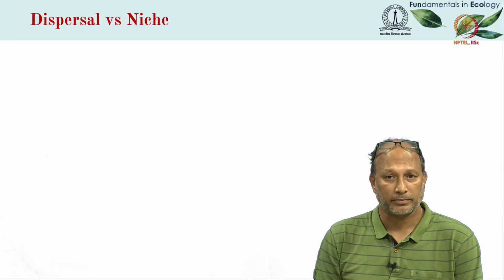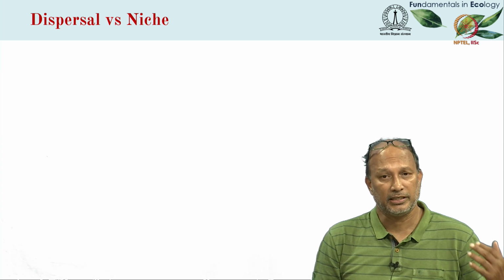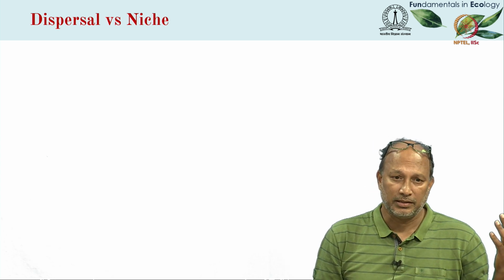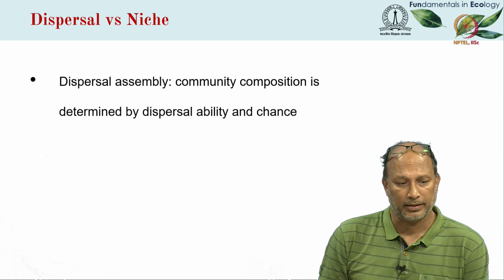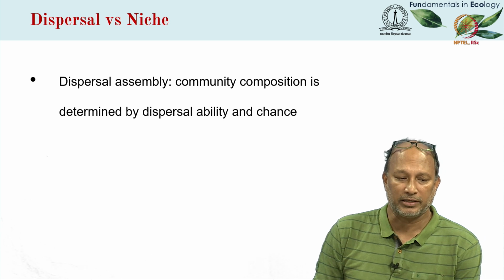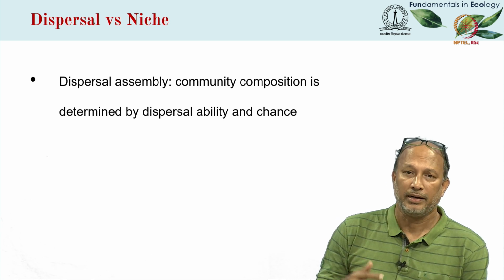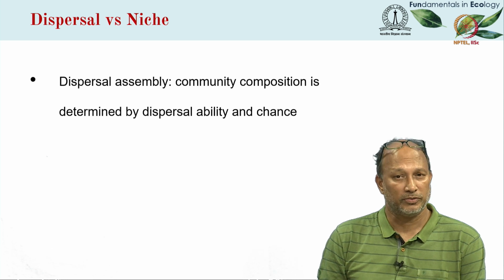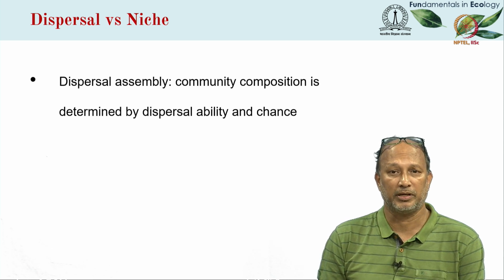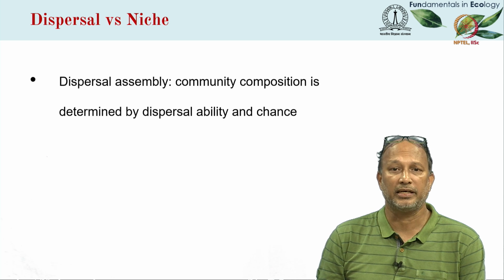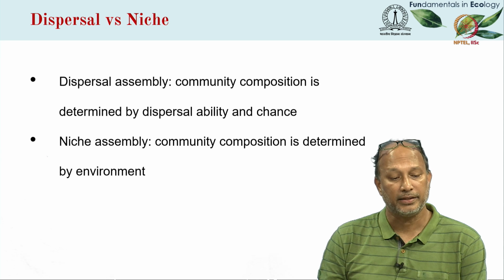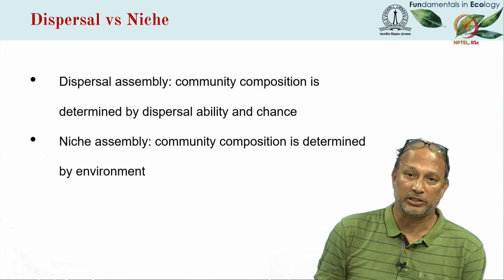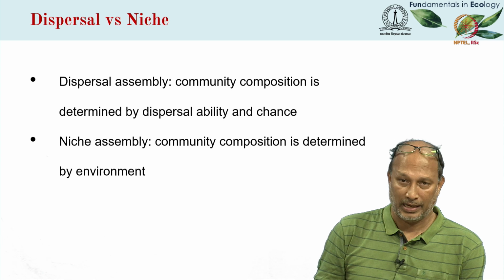And broadly, these have been categorized as dispersal and niche theories of species composition. Dispersal assembly argues that community composition is determined by the dispersal ability of species and by chance. So different taxa might have different dispersal abilities, and there's a certain amount of stochasticity in where propagules of either fauna or flora reach. On the other hand, niche assembly argues that community composition is determined primarily by environment,